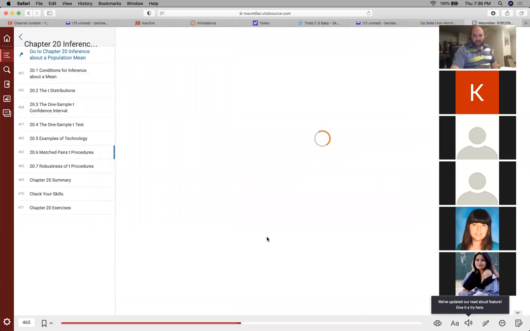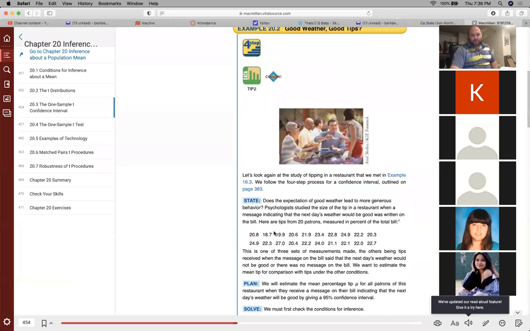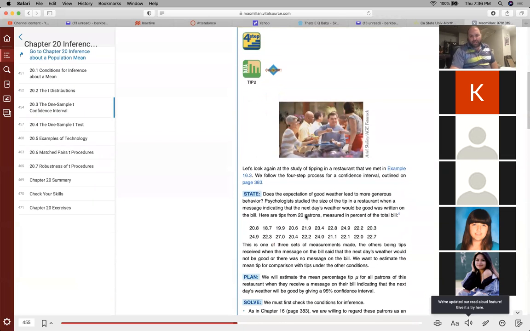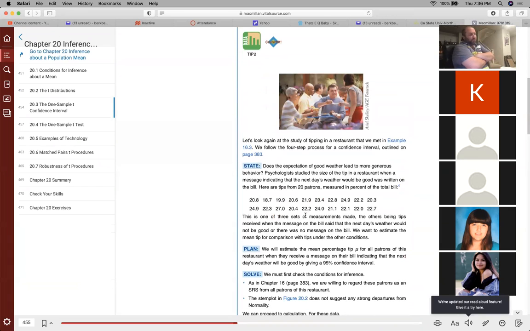Okay. So on page 440, we have the following question. Does the expectation of good weather lead to more generous behavior? Psychologists studied the size of the tip at a restaurant when a message indicating that the next day's weather would be good was written on the bill. And here are the tips from 20 patrons, measured in percent of the total bill, 20.8%,